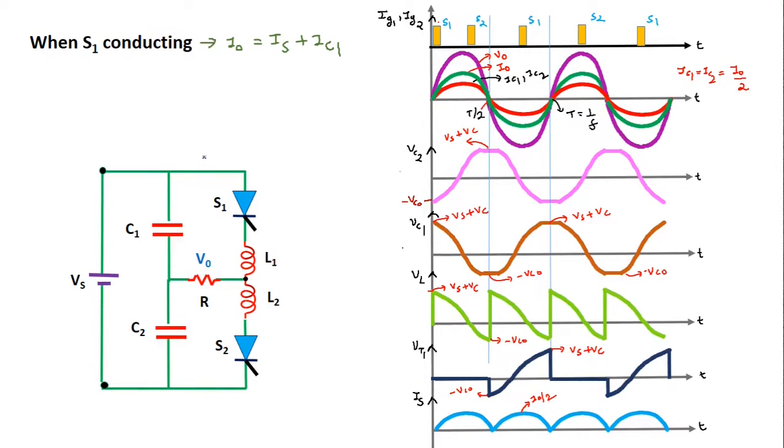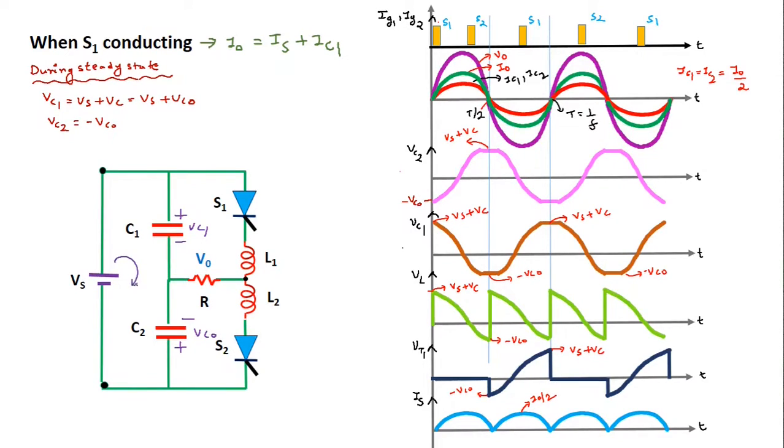So during the steady state we are considering that the voltage across the capacitor C1 is equal to Vs plus Vc, which is equal to Vs plus Vco. This Vc is taken as Vco here, and the voltage across the C2 capacitor is a small negative value, equal to minus Vco. So when we consider the polarity, the voltage across the capacitor C1, Vc1, will be positive on the upper plate, negative on the lower plate because it is a positive value, and the voltage across the capacitor C2, Vc2, will be negative on the upper plate, positive on the lower plate, which is equal to Vco.